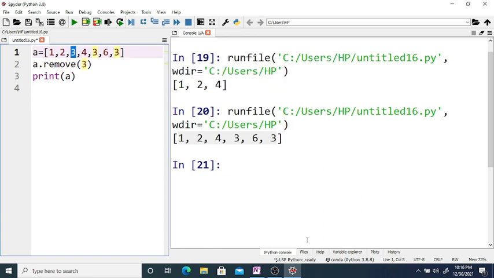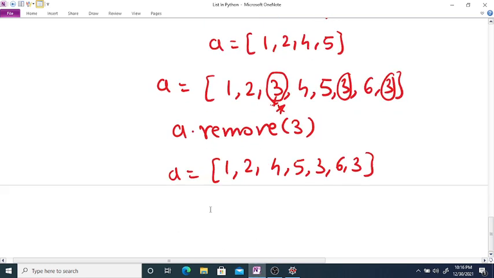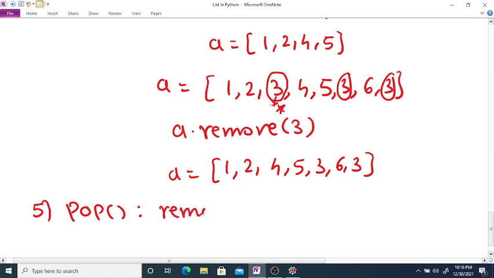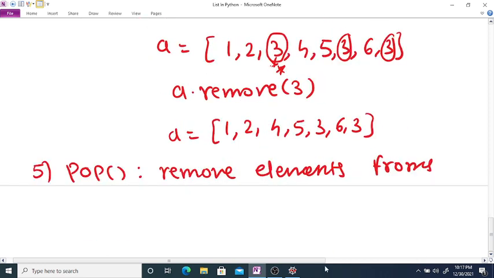Now next is the pop keyword. This keyword again removes elements from a list, from any position in the list.